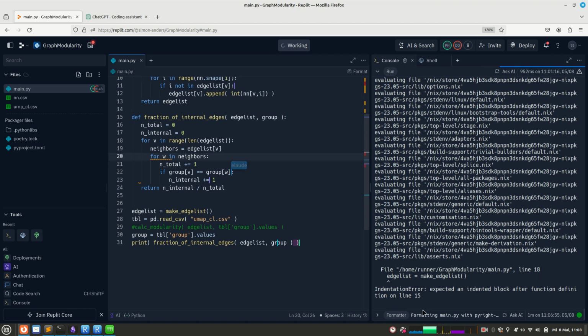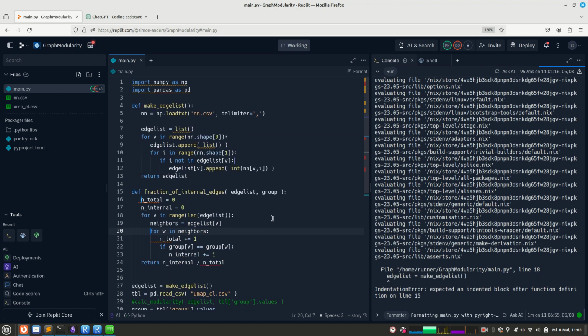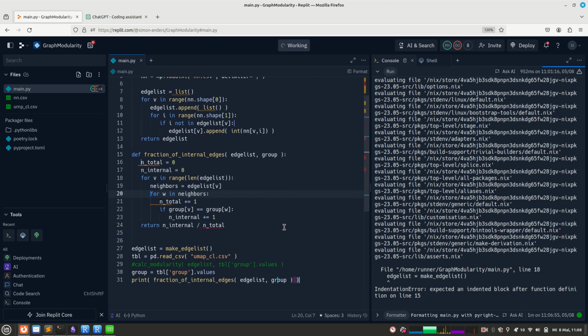So, does it now do what we want? I hope so, at least. Here it complains about something. Okay, while we wait for this thing, which is obviously too slow if one is not using the paid plan,